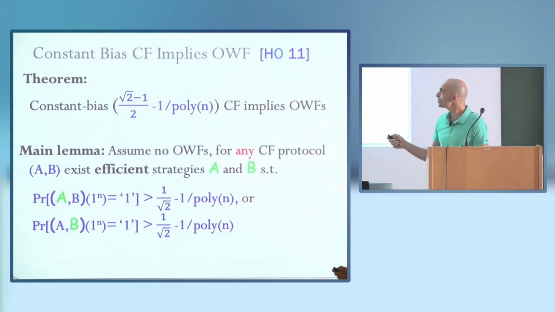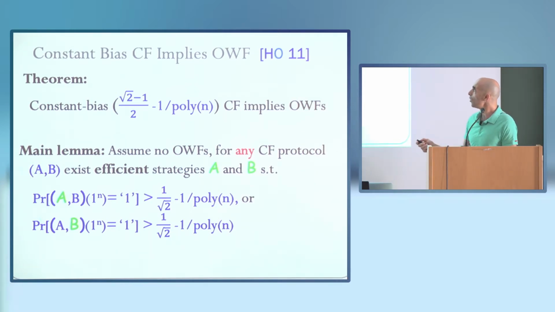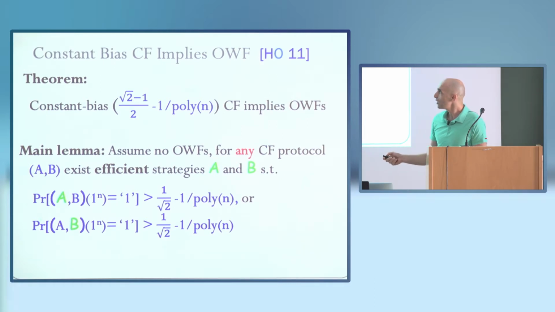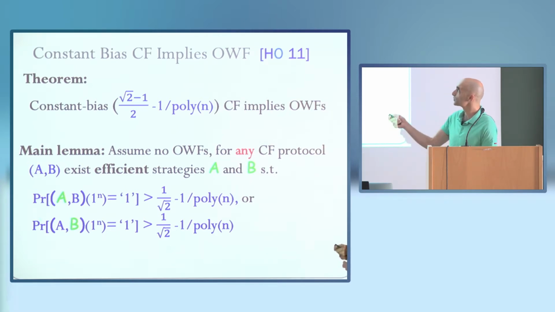So we show that there are two efficient malicious strategies. I'm going to call them green A and green B, such that either when green A interacts with honest B, the output is 1 with probability 1/√2, or when honest A interacts with green B, the output is 1 with probability 1/2. And this already suffices for this result,